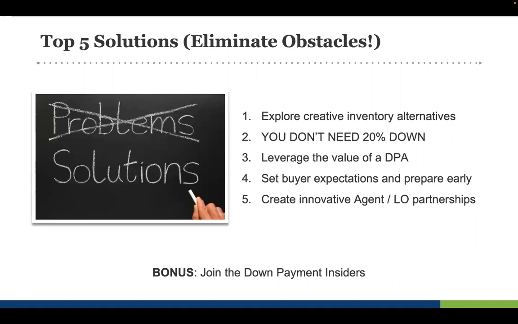So those were five of the common and, we think, timely and relevant obstacles that we've been hearing over the last year or so, two years. And the solutions, they all came from your peers. None of that was ours, right? A little bit, but most of that is from real estate agents and loan officers who have said, nah, that's not an obstacle. This is what I do. Or we don't see that as an obstacle. Here's the solution that we've been successful with. That's what we've communicated to you.